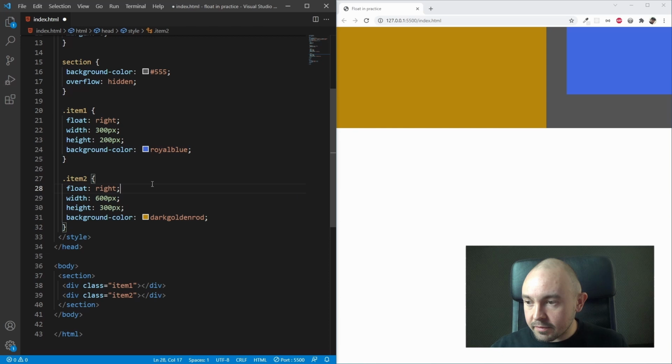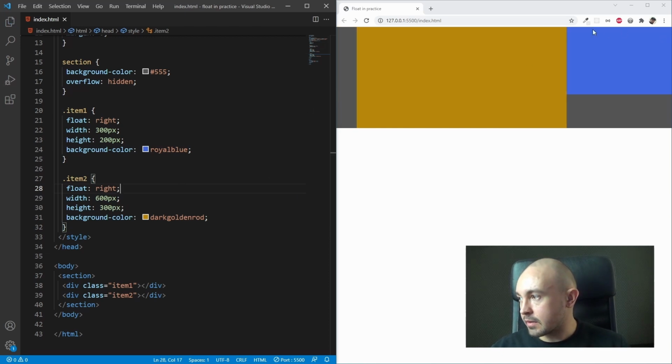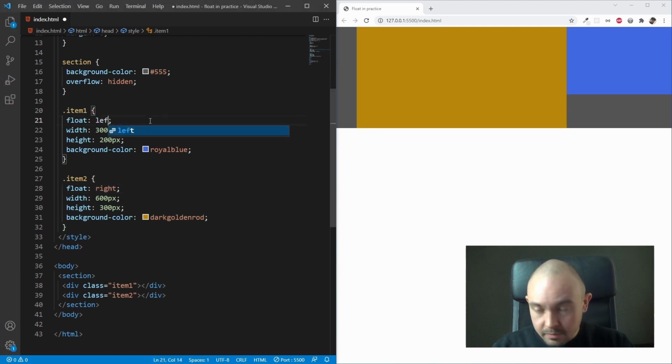We can change it if we want to float right for our two divs, and the effect will be this. The first one goes to the top right corner of its parent, and the second one tries to go to the same corner but meets the first element, so it stops right here. That's how the float property works. Now let's go back to float left once again